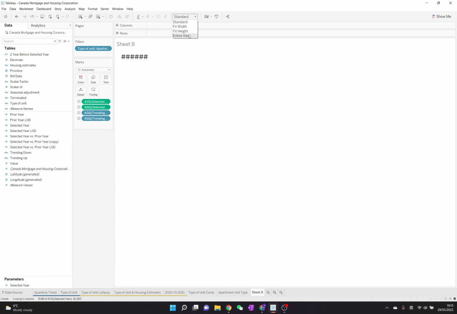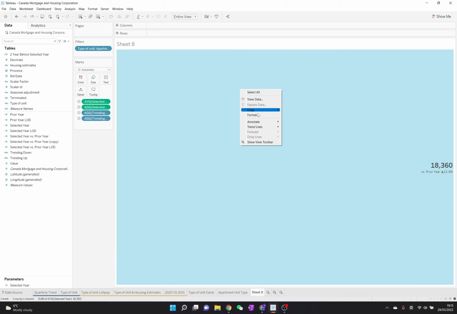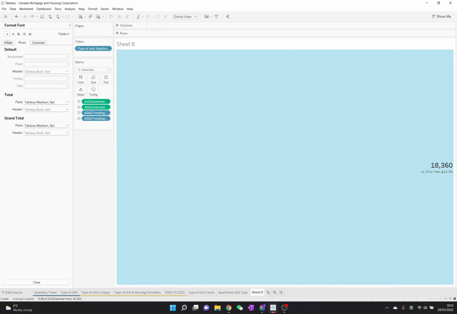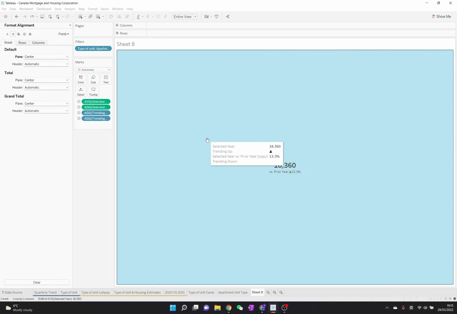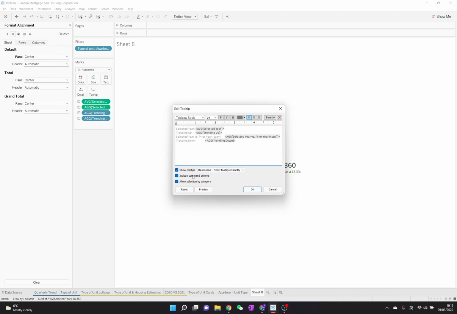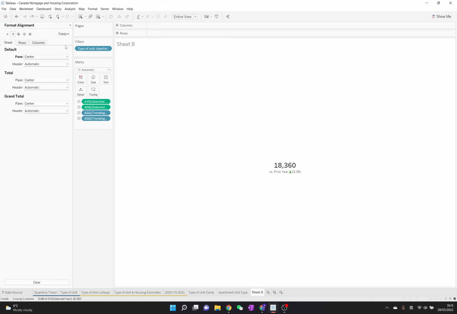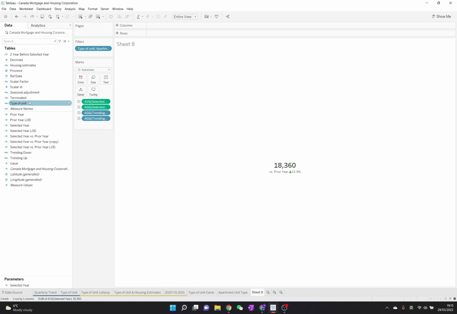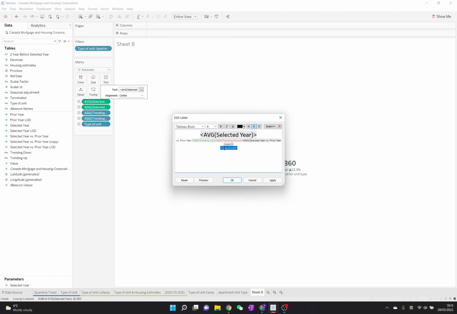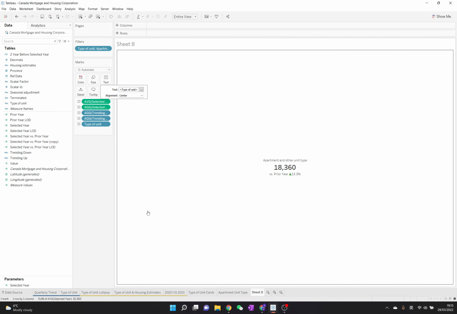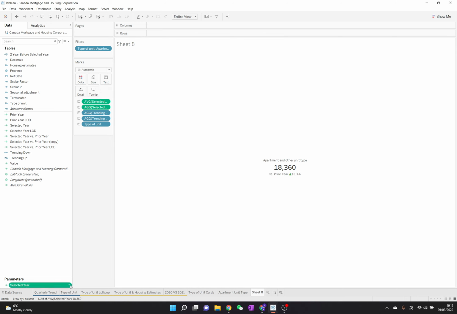Let's change it to the entire view and align it to the center. No tooltip in this case. Perhaps adding the type of unit into the information here. There. So if I show the parameter control here,